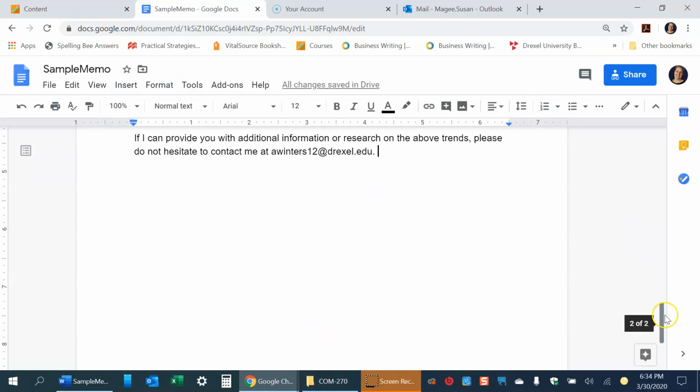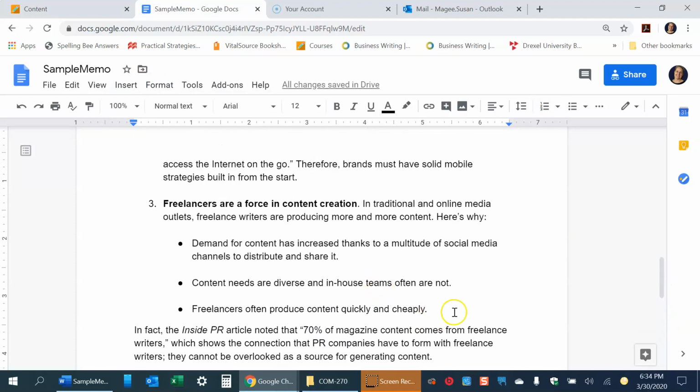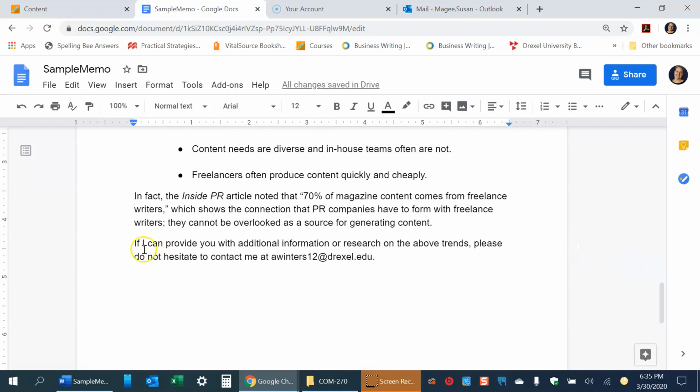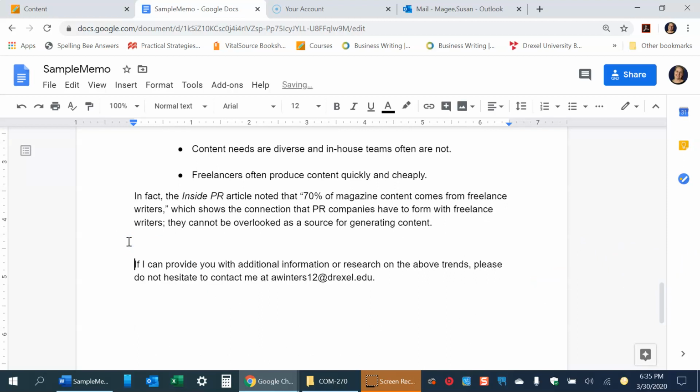Okay. Then after you make your last point, you want to have a closing paragraph. You could sometimes put an extra space, just to signify, this is now my closing. But if you don't have room, don't worry about it. Basically, you always want to sign off with some kind of action element attached to it. Either you ask them to take an action, or